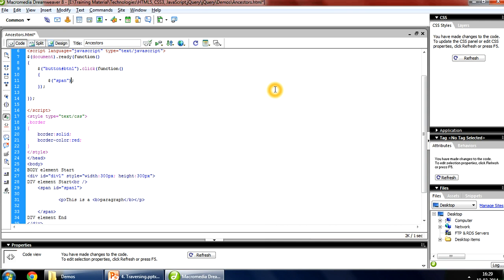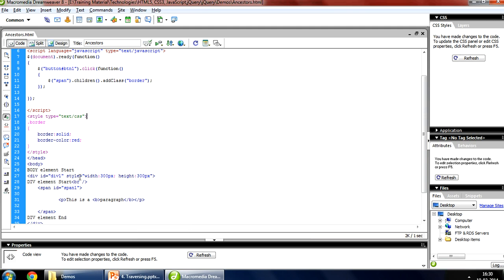So what I'll check is span with the children method. So it's like what I did, the children of the span element should have the border class.